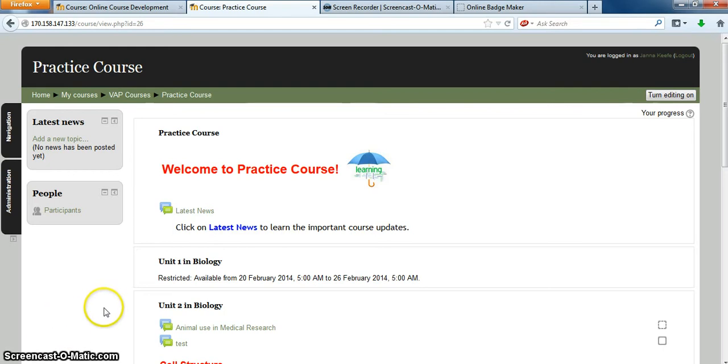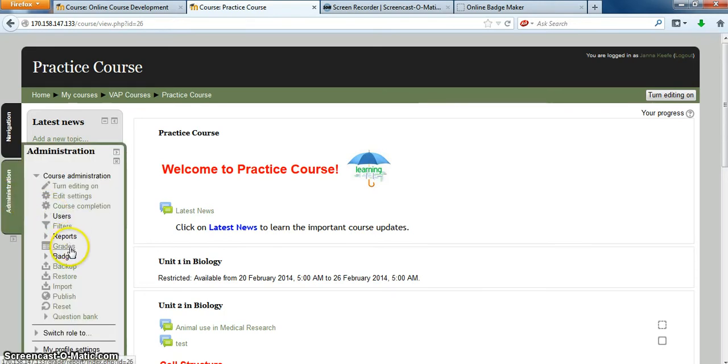Okay, we are going to look at how to create and manage badges in Moodle. Badges are basically awards that students can receive based on fulfilling certain criteria or doing well on a test, or whatever it is that the teacher sets up. The badges appear on a student's profile. They can accumulate as many as they earn, and they work as a pretty good incentive to keep students kind of